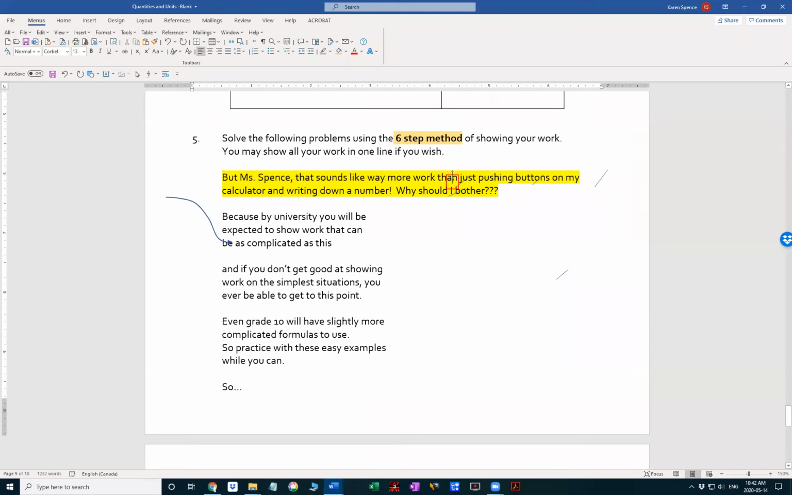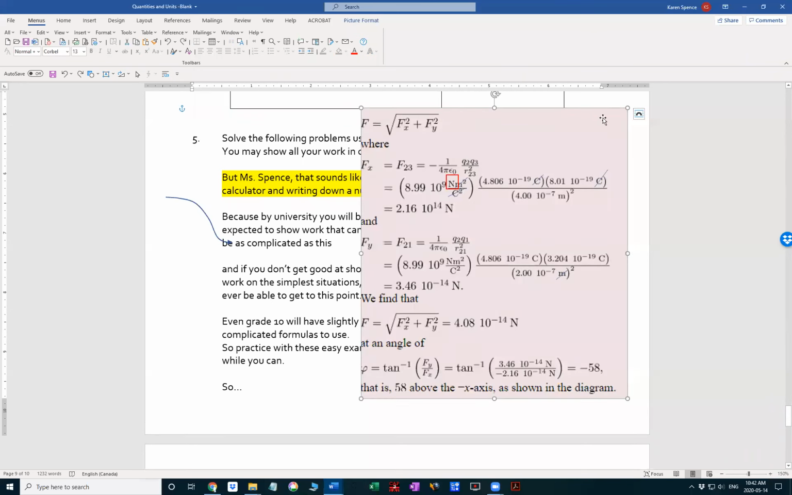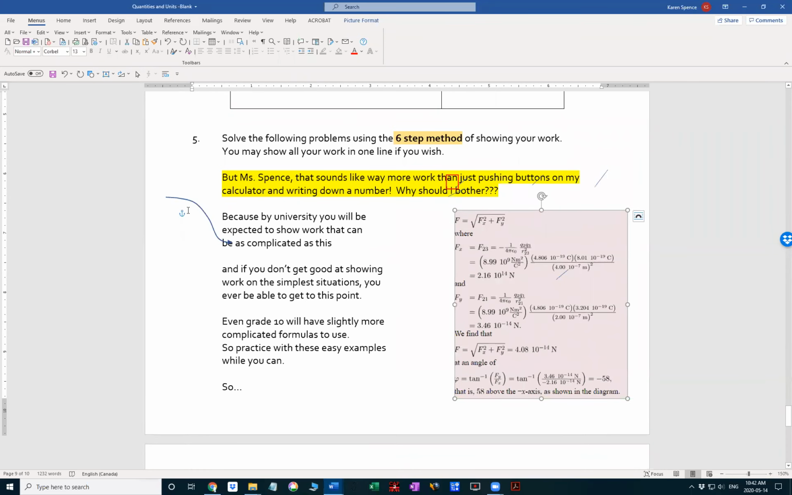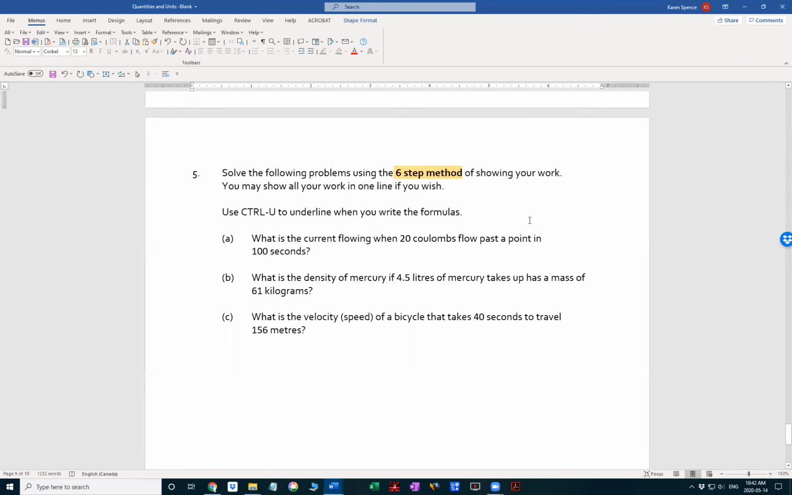So this year, you are just going to practice using those formulas. I will clean that up later. Practice using the formulas, practice showing the 6-step method of showing work. So I would really prefer it if you type in your answers, okay? So I'm gonna press Control U,